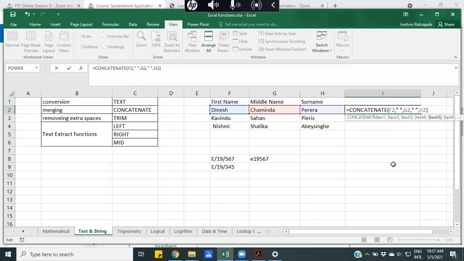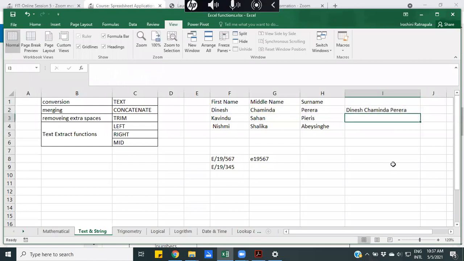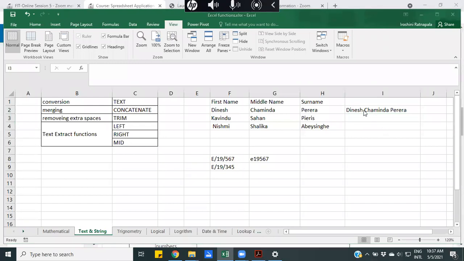We have to make sure whether you have put the correct comma, correct brackets and press enter. Right, now you can see the name is displayed properly with the spaces in between first name and last name. Yes, it is correct. Concatenate F2 space G2 space and H2, right? So that is how you can write text functions in Excel. There's another type of text functions,